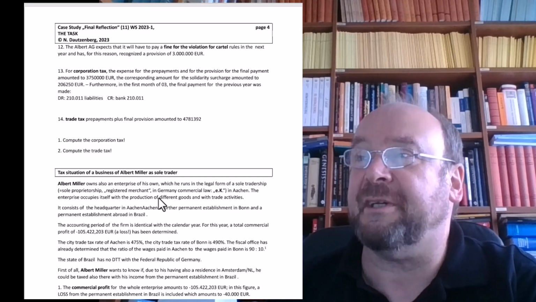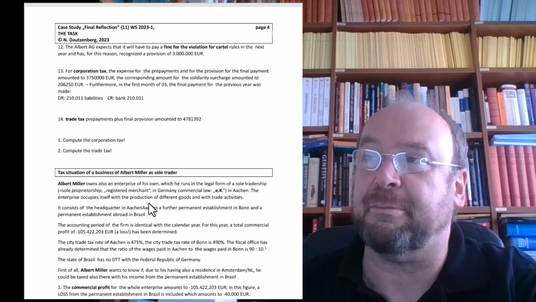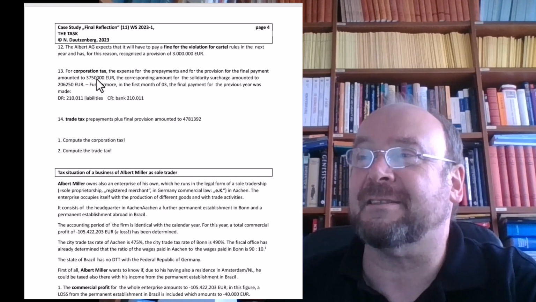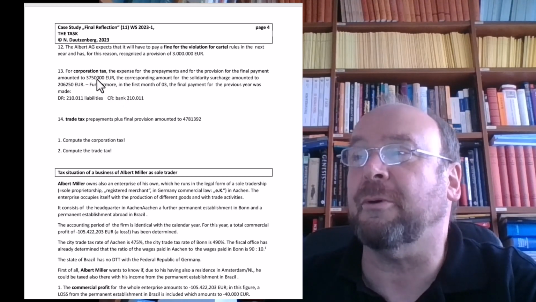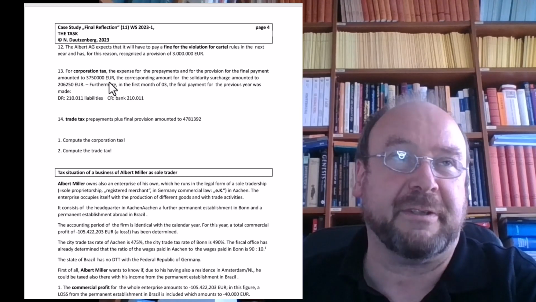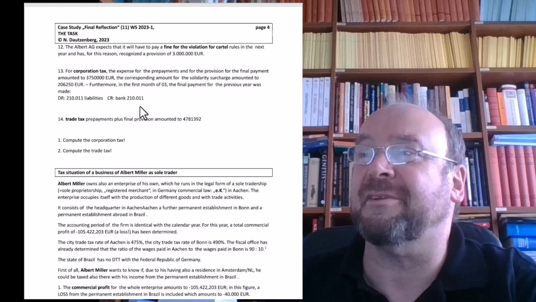For corporation tax, the expense for prepayments and for the provision of the final payment amounted to 3,750,000 euro. The corresponding amount for solidarity surcharge amounted to 5.5% of that,